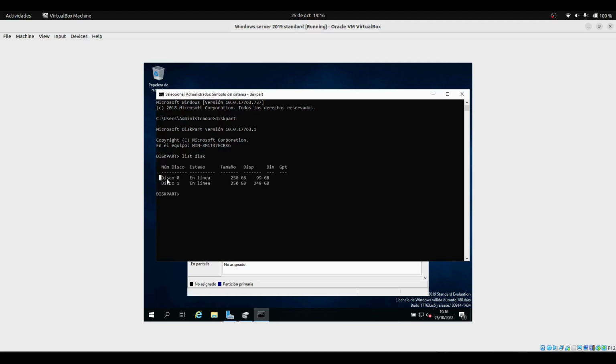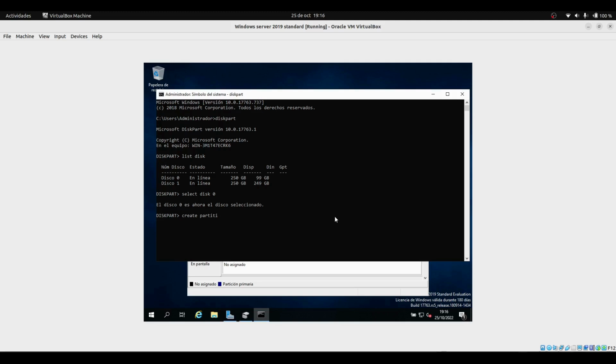I want the number 0, so I'm going to select it, select disk 0. Now it is selected, and I'm going to create an extended partition,